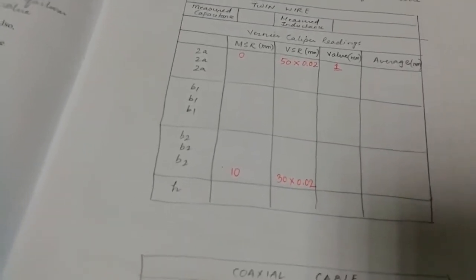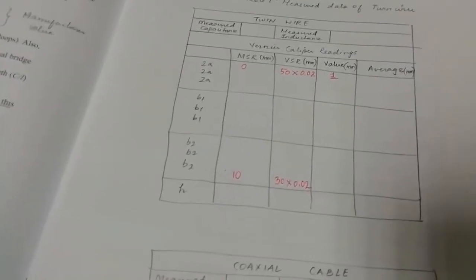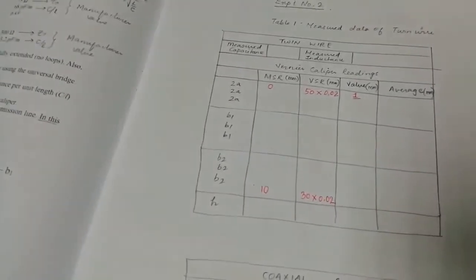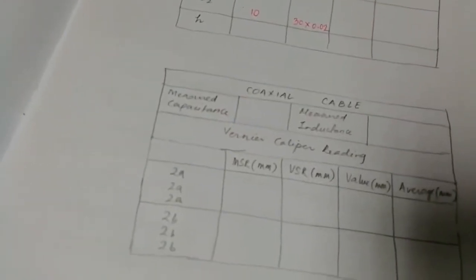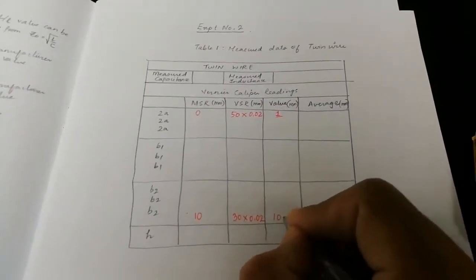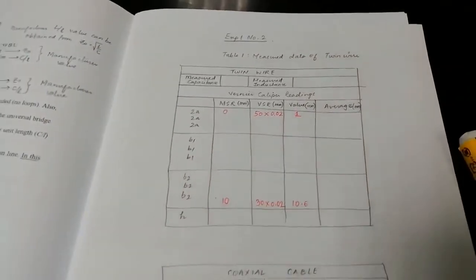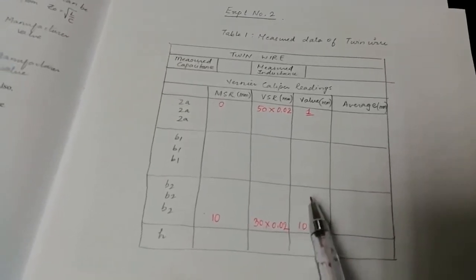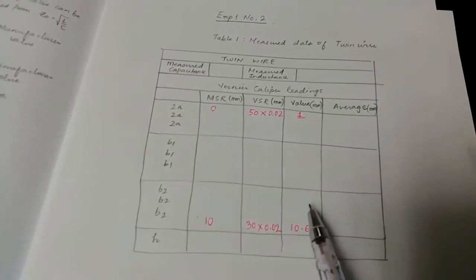Just give me a second. 0.6. So it is 10.6 millimeters. Done. So what you are going to do, again, these three values, you are going to average it